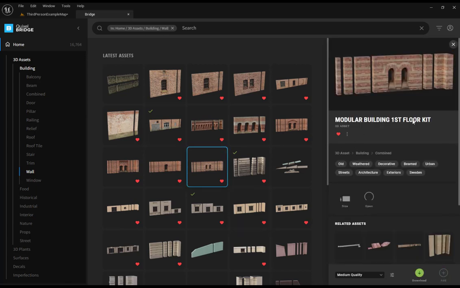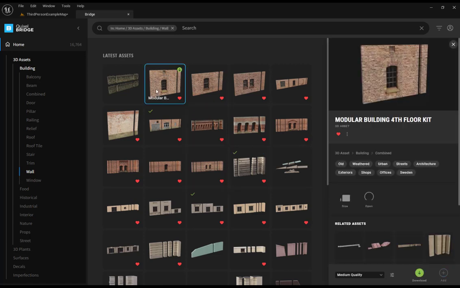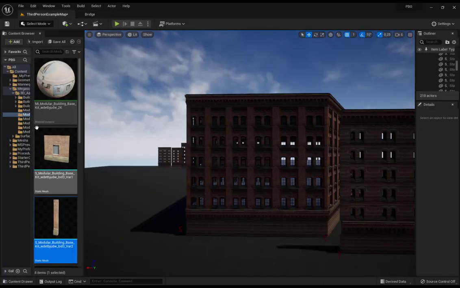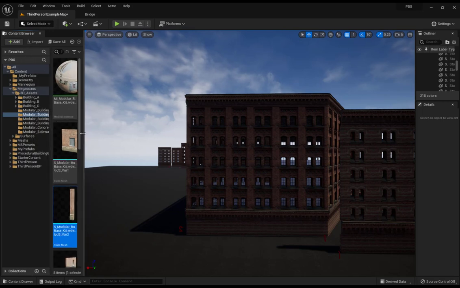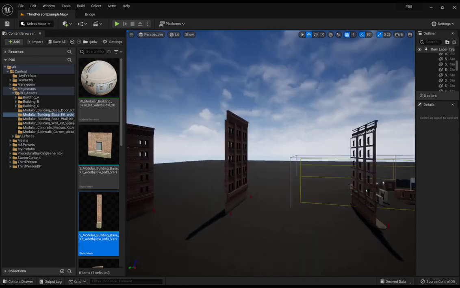You have kits for the floors, kits for the basement, for the base, and kits for the windows. So choose the kind of building you want to do, the kind of prefab you want to construct, and then download all and export all you need to your PBG project. I already did that. I just started with some cool meshes, but make sure that you prepare the meshes for PBG,